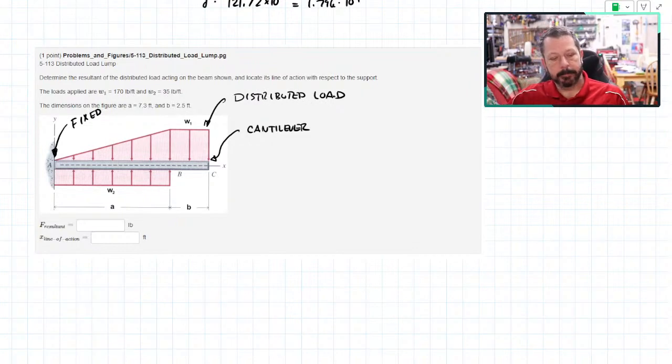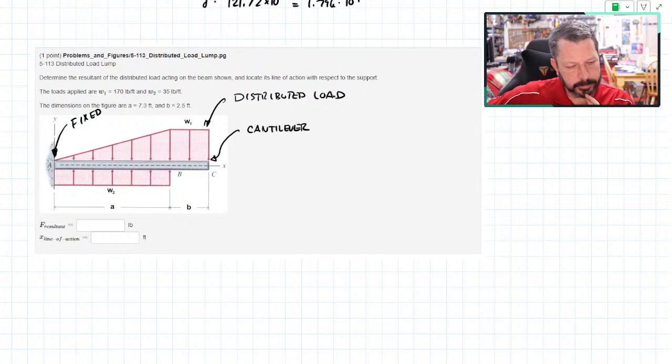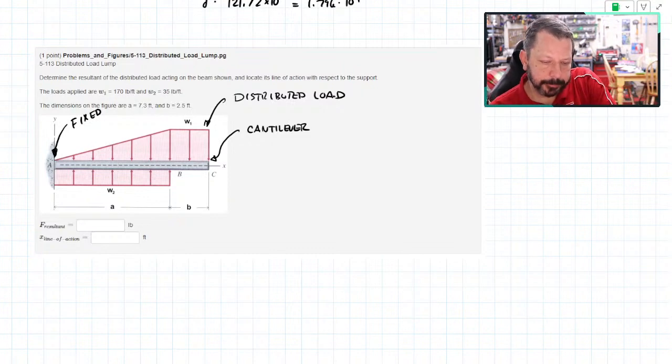And basically what you do is you just treat this like a centroid. If you're given one of these problems, and I think there's some in Webwork, there's certainly some here, and there could be one on the exam. I'm not sure if it falls into the category of stuff we've been talking about. But if you have a distributed load and you want to calculate something, like the external reactions, where you do the summation of moments about the pin and that kind of thing,